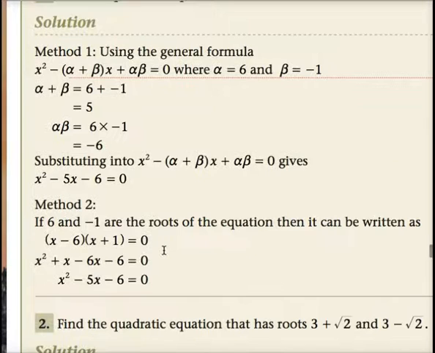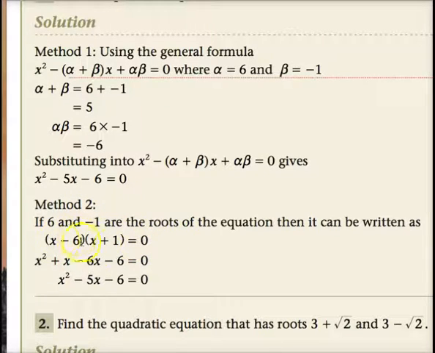The other way of doing it is method B. You start off with your equation written as x minus alpha, x minus beta. Remember, 6 and negative 1 are your answers. Where did 6 and negative 1 come from? What was the second last line of working once I factorized? That 6 must have come from x minus 6, and that negative 1 came from x plus 1 is